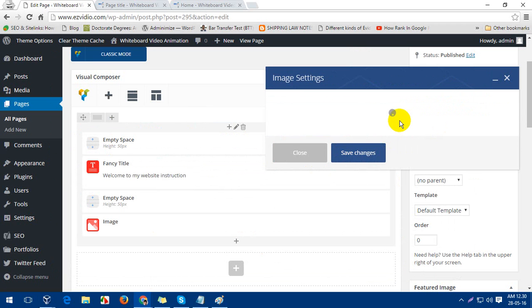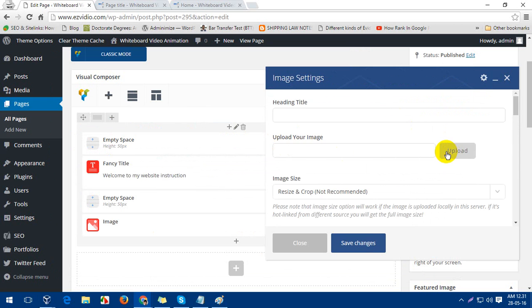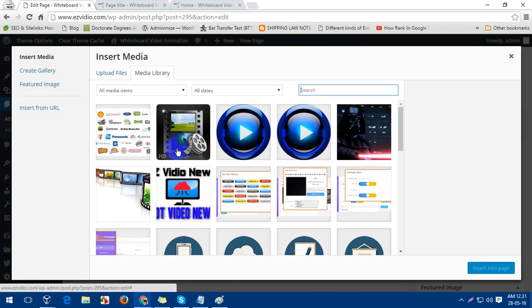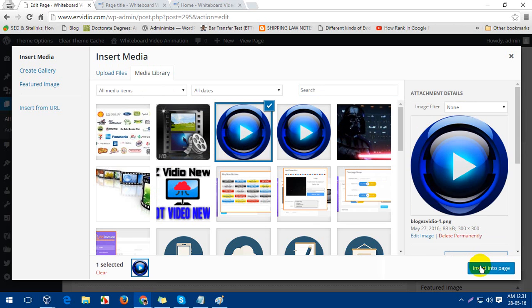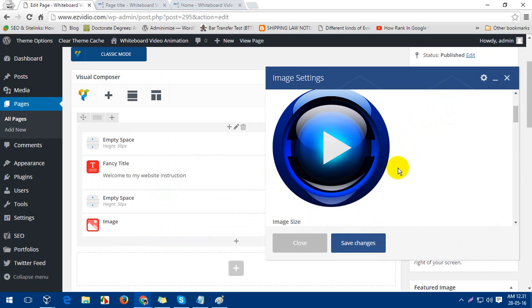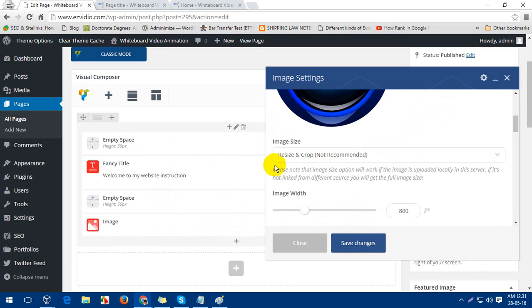Okay, so the popup opens. Here I can upload the image. I'm not going to upload, I can upload from my computer, but I'm going to use from the media gallery. For example, I'm going to use this image, insert into page, and to show the exact image, from here image